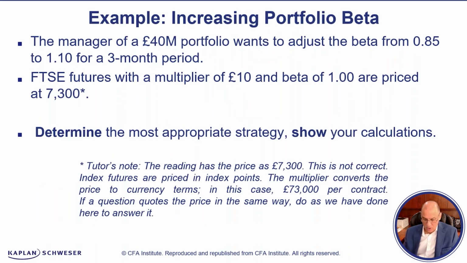All right, so now let's look at an example. I love examples. When I teach these concepts, I always love to put numbers to formulas. And once again, so I just follow the mechanics and the logic. So the manager of a $40 million portfolio wants to adjust the beta from 0.85 up to 1.10 for a 3-month period. So we're increasing exposure,